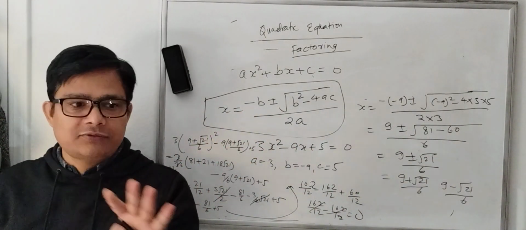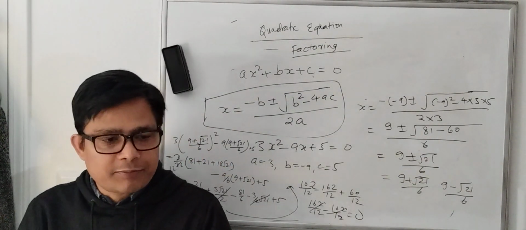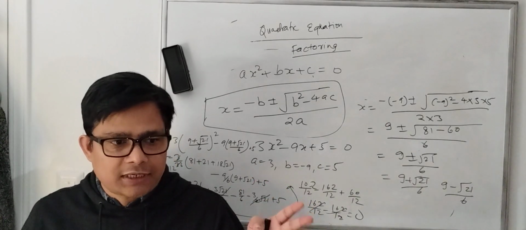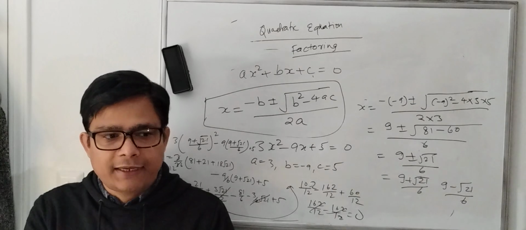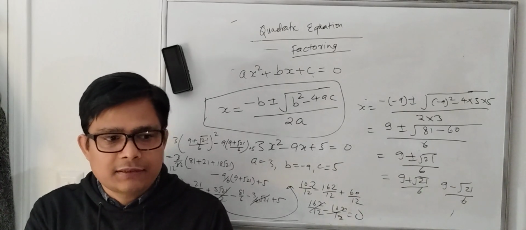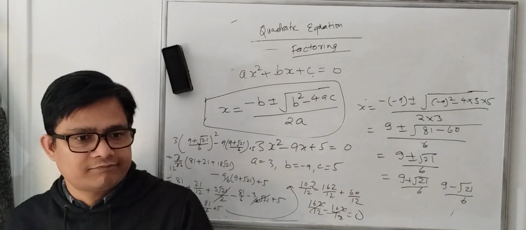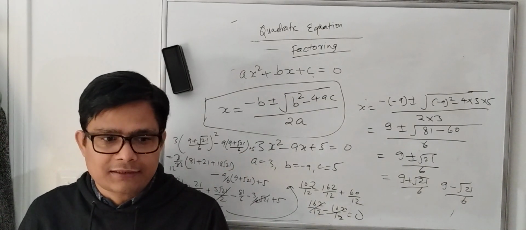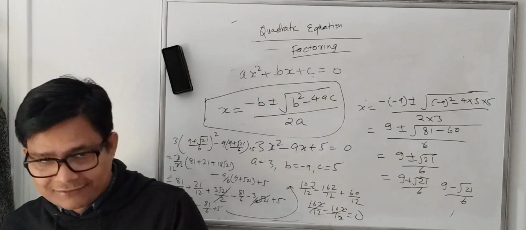So there are two ways to solve. One is to use the factoring approach, where you try to find two numbers such that their product will be the product of A and C and the sum will be B. And second is to use this formula. And there is one quiz on this one. I think now you can solve without any help. Okay, so that's it for